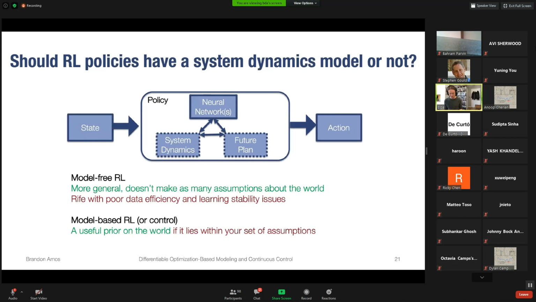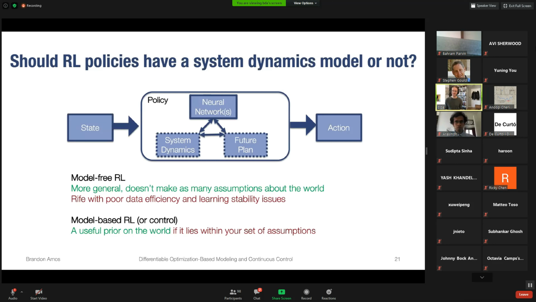So I think one long-standing question in the RL community and in the controls community is how we should formulate our policies, and if we can just throw a lot of data or simulations at black box policies that just directly map from some states to some action that we take. And I think it makes a lot of sense if we have a lot of data and we can allow a lot of interactions with the environment, then model-free reinforcement learning